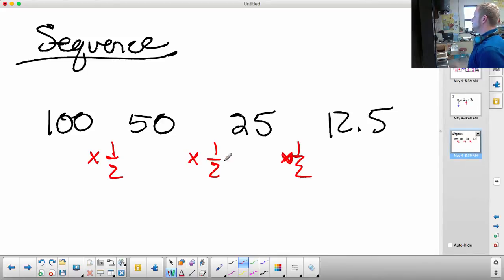Basically, if you multiply by 1/2 or divide by 2, that's what's happening here. If you have to, ladies and gentlemen, and this is where your homework is,